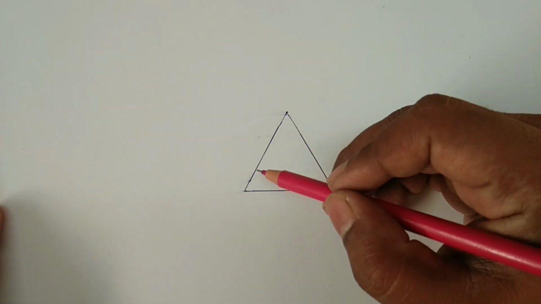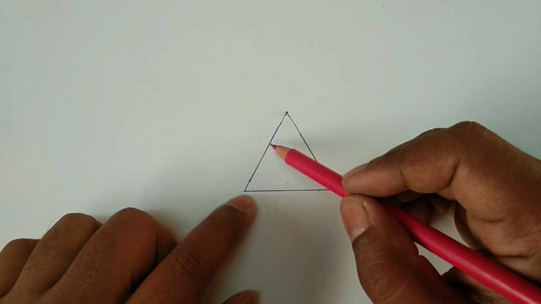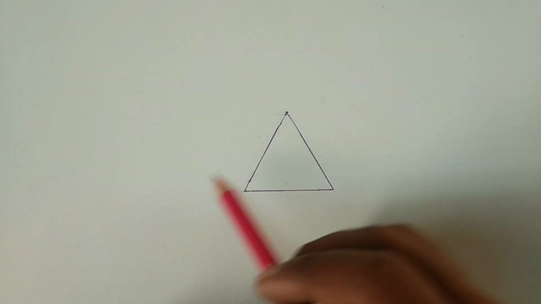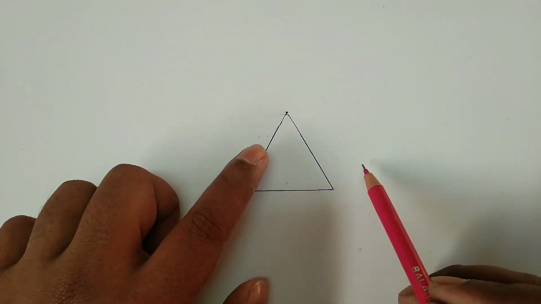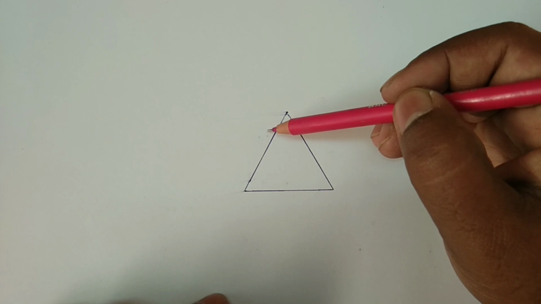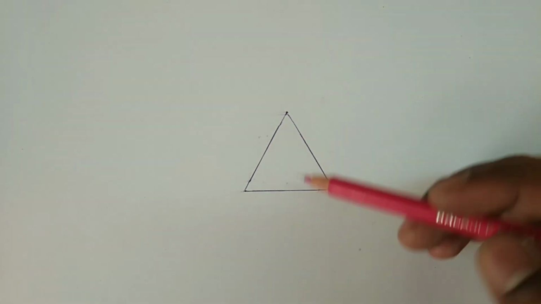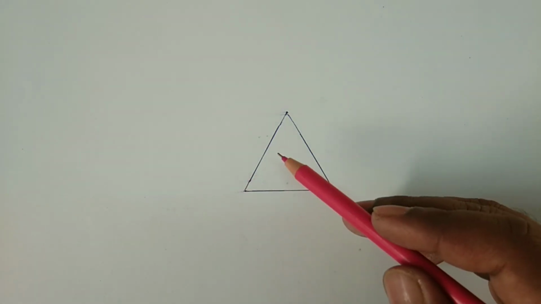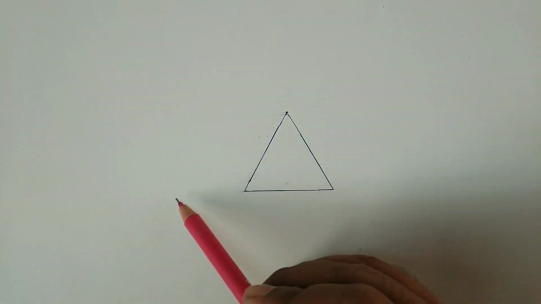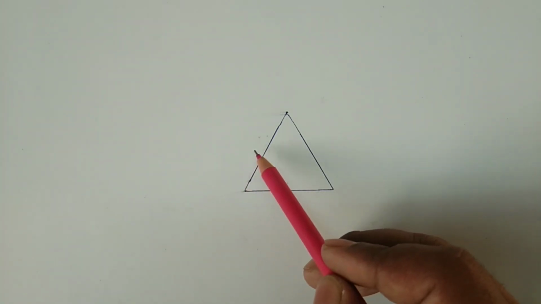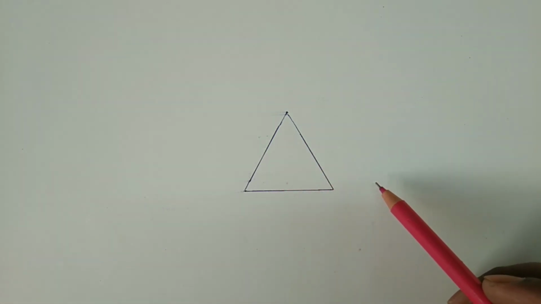Here what will we do? One surface we will choose for the ray of light to enter. Suppose the ray of light enters from this surface, then it will exit from the other surface. From one surface the ray of light will enter, and from the other surface it will exit. Suppose the ray of light is coming like this. After refraction it will bend and go like this, and then it will come out, right, students?